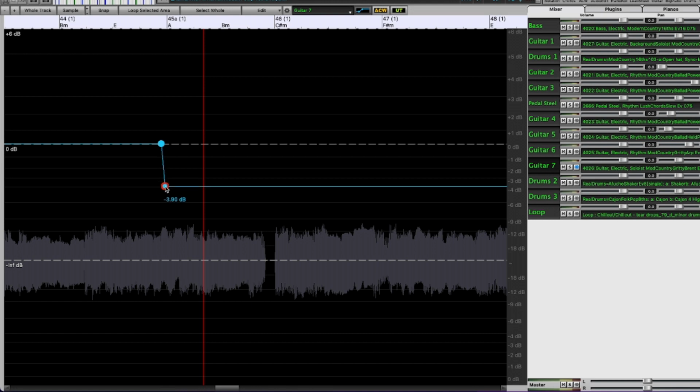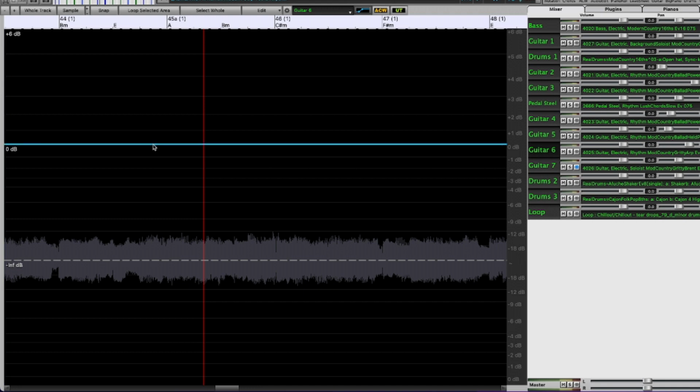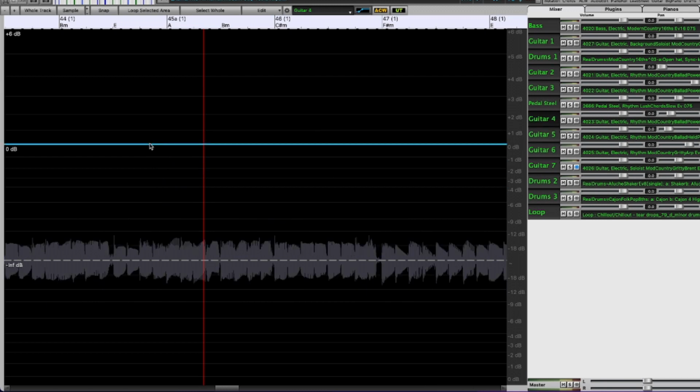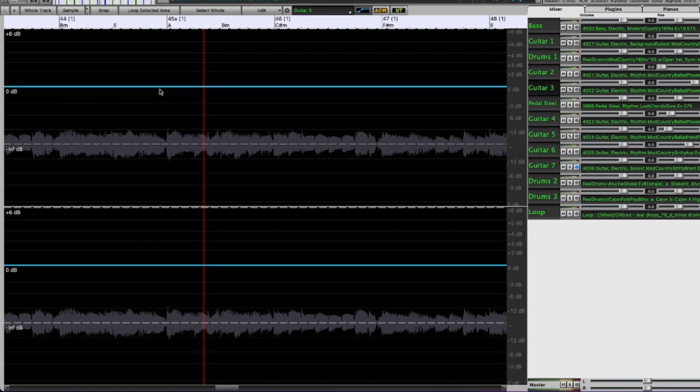So why don't I just, for now, go through and change all of those guitars to -4 at that point right there. So same thing here, down to -4. This is now guitar 5. Guitar 4, guitar 3,